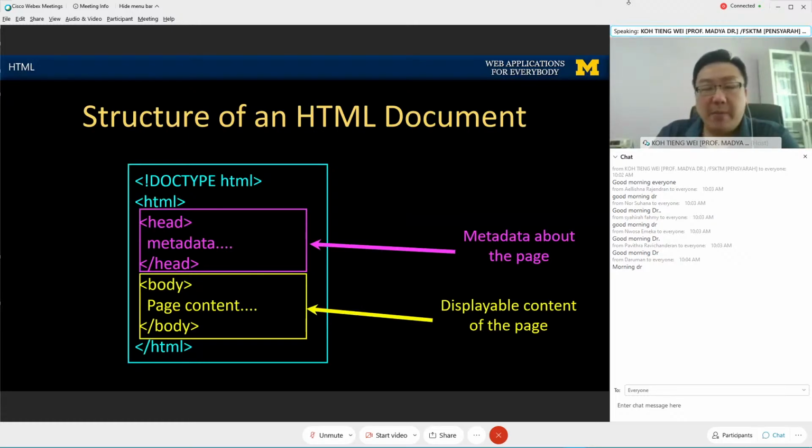For any given HTML document, we need to understand that any HTML document should have these components. The first one is the document type. You can see HTML version 1.0, 1.1, and so on. The document type tells your browser how to interpret and parse it accordingly. And we do have the main